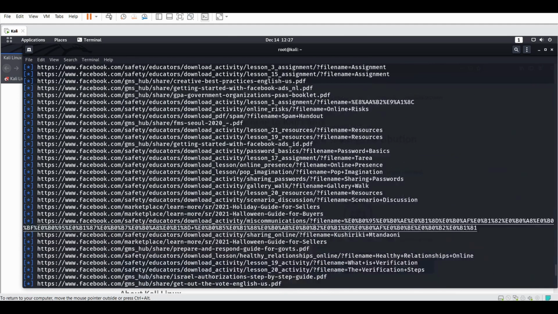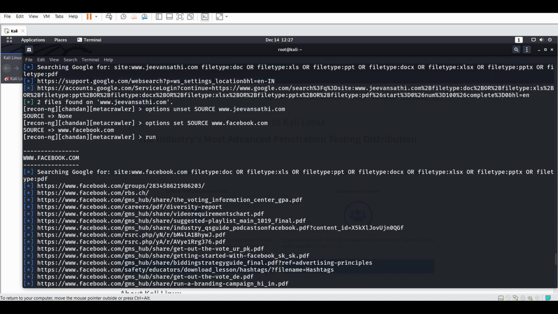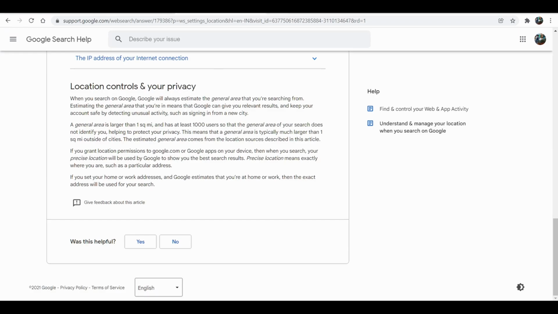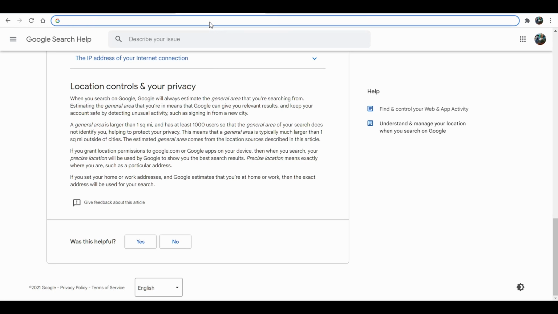you can see a lot of activity, a lot of PDF files, whatever is related to vulnerabilities and weaknesses is coming here. Now if I open the link, if I copy the link and open it in Chrome, we will see.